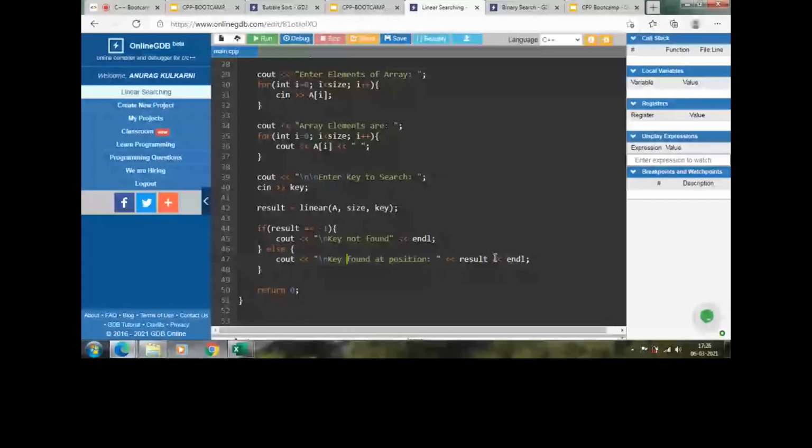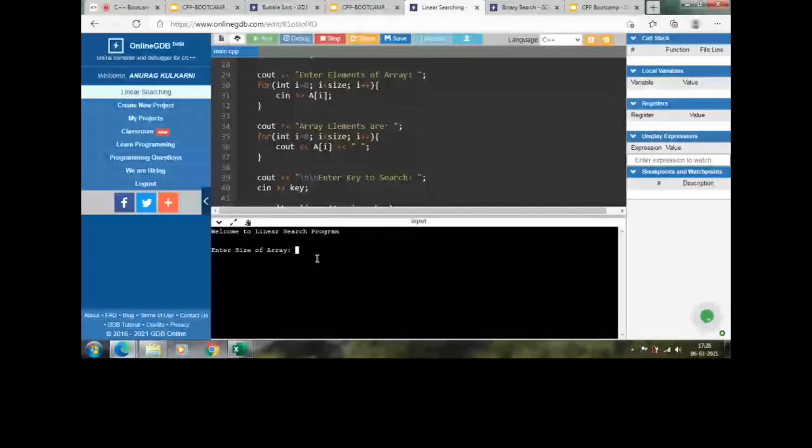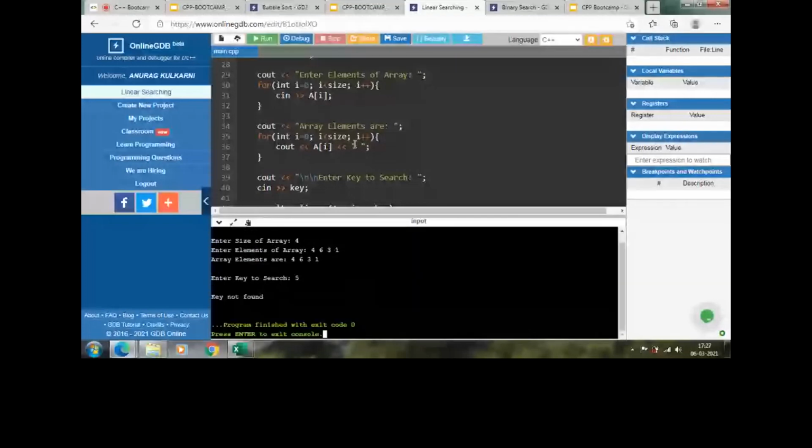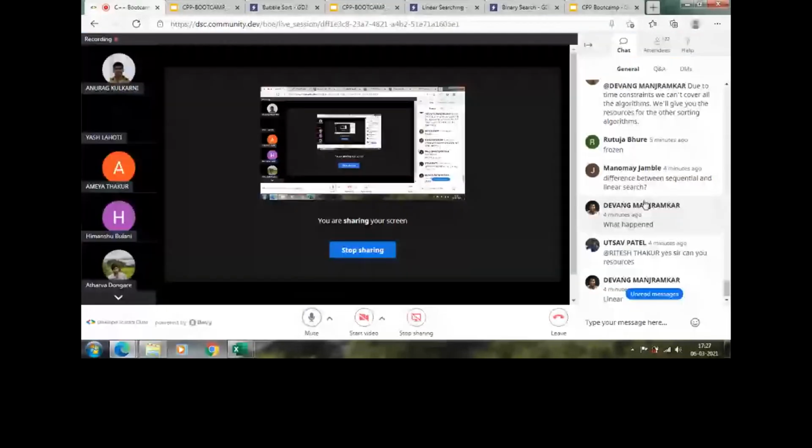So let us enter 6, 3, 1 and find 5 in this array. We know that 5 isn't present, so it gives an output that key not found. Did you understand it?